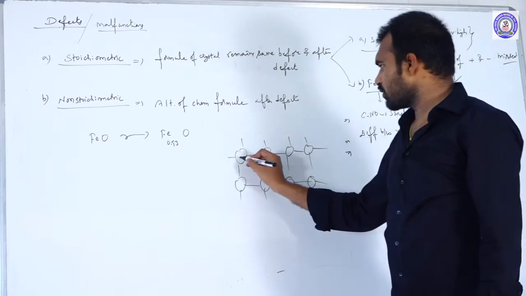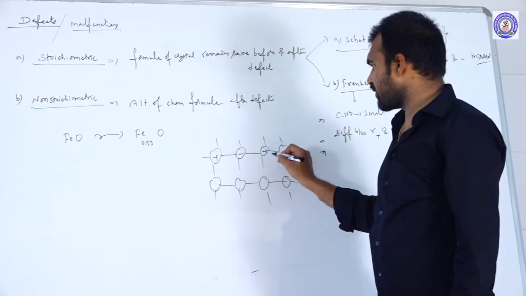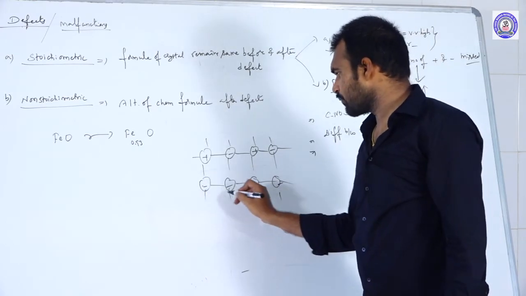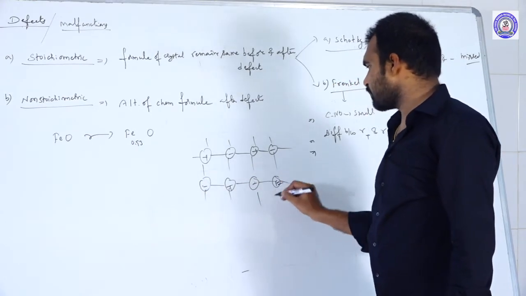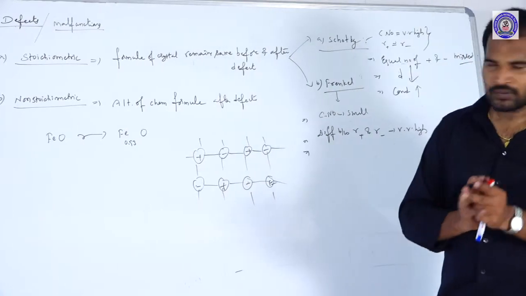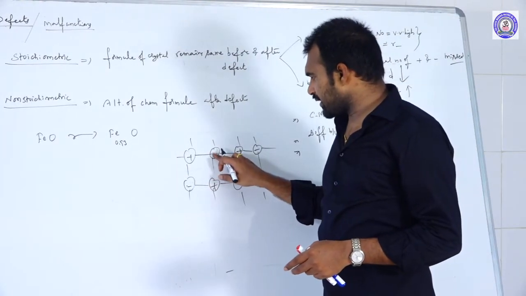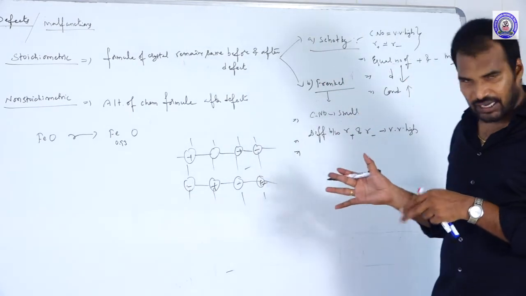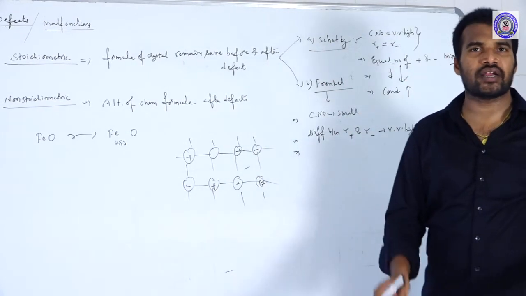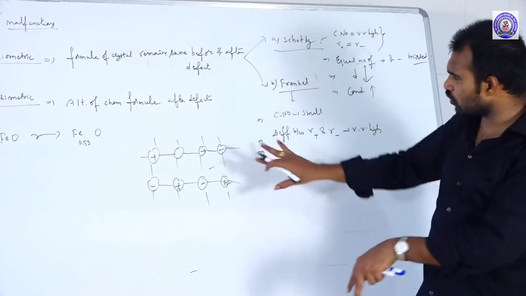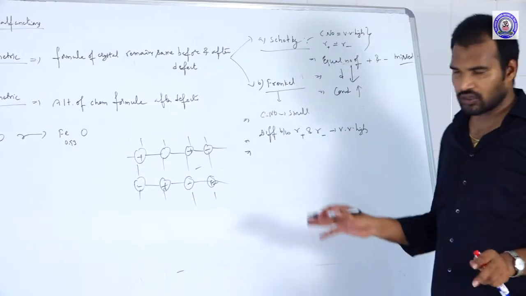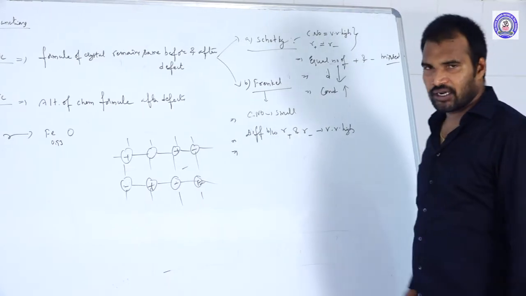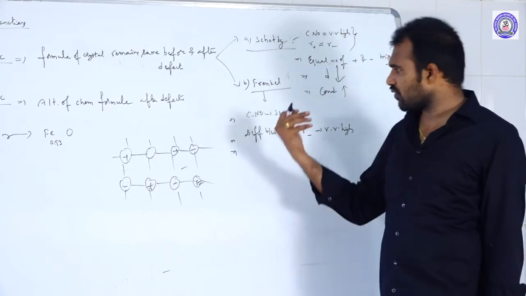So like this, these are the cations and anions, plus to minus, plus to minus, present alternately. Some number of cations are displacing from their original place to interstitial spaces. Are they lost? No, they are just dislocating from their original place into interstitial spaces. So there was no complete loss of cations and anions. They are just dislocated, and that defect we call as what?